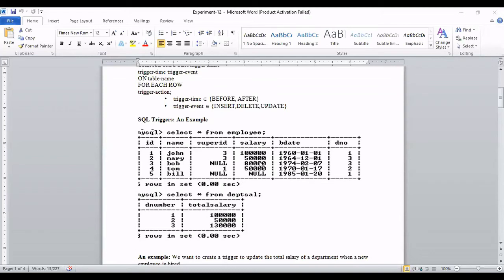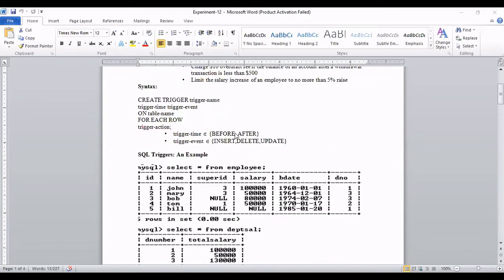If I fire the trigger after deletion, how can I get this 50,000? If I don't get this 50,000, how can I replace 1,30,000 with 80,000? I need to subtract 50,000 from 1,30,000. So once it is deleted, I cannot get it back. That's why first I replace 1,30,000 by 80,000, then delete. So that is the time of firing the trigger.